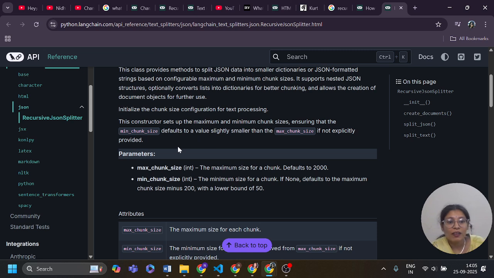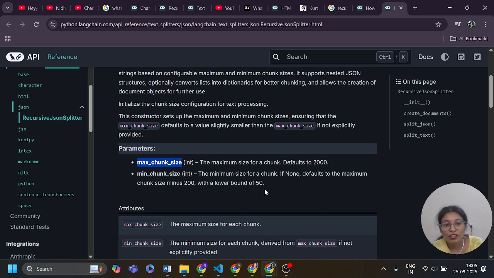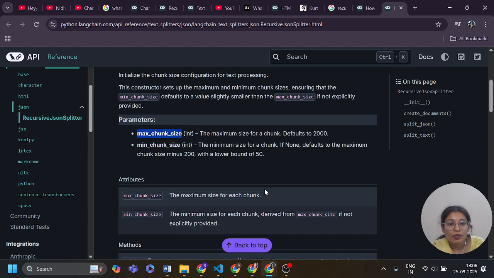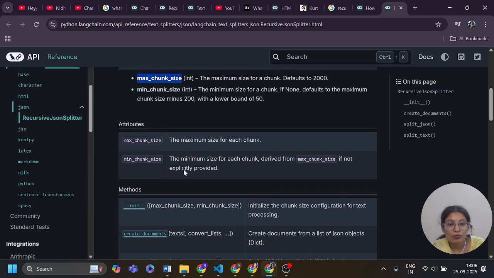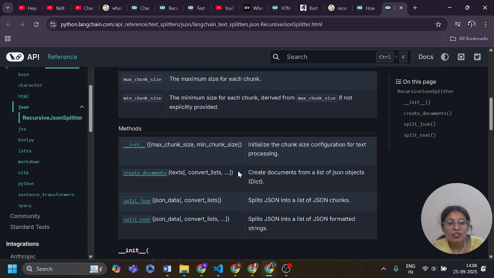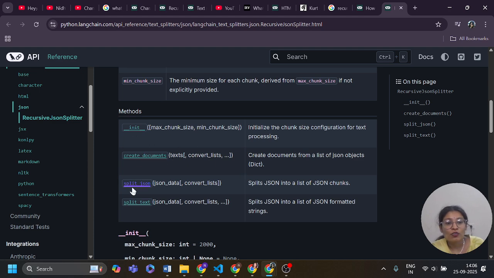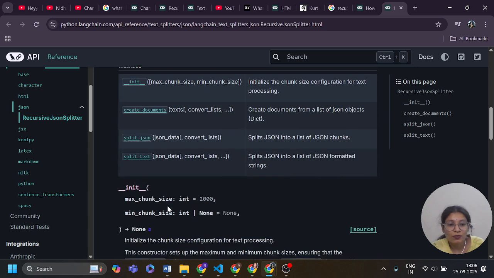These are the parameters, maximum and minimum. The max chunk size default is 2000, and the min chunk size is none, or max chunk size minus 200 with a lower bound of 50. These are the attributes, and the methods are init, create documents, split JSON and split text.